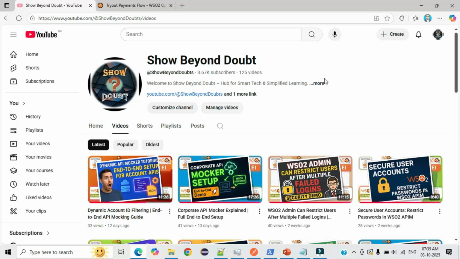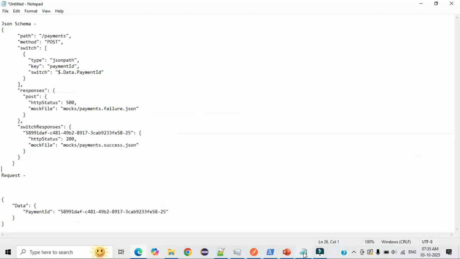Hi everyone. Today I will show you how we can build a dynamic payment API using API Mocker. So let's start with how to do this. Due to some other priority I am unable to upload regularly, so we'll continue nowadays. Let's go through the requirement analysis to understand what functionality I want to explain